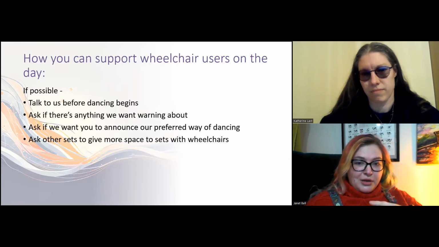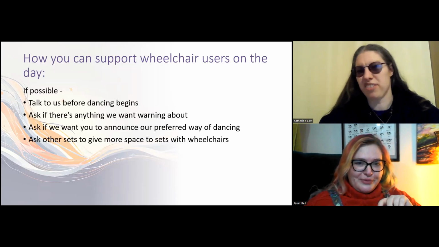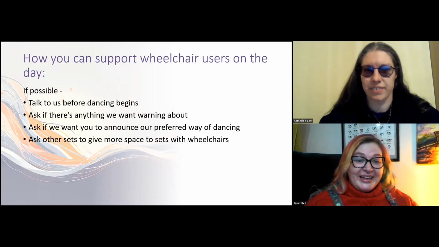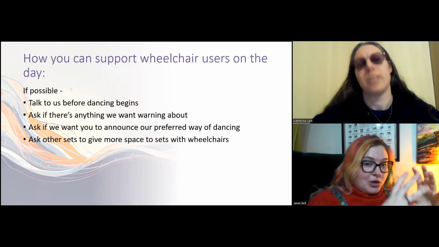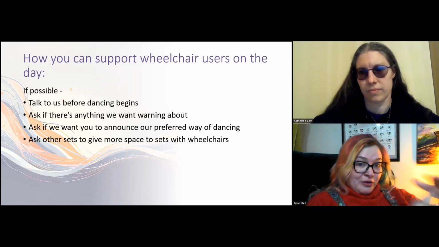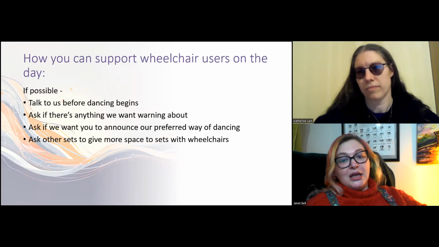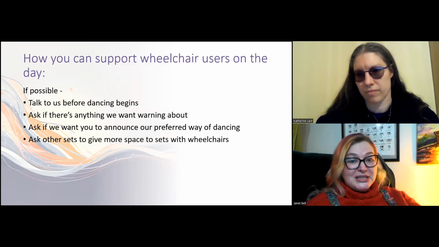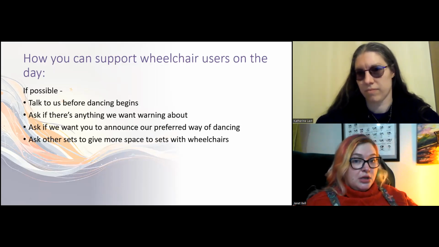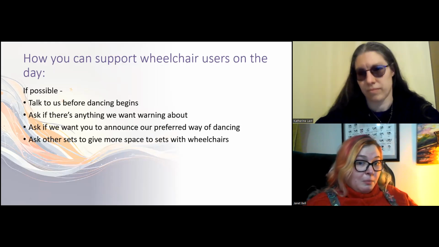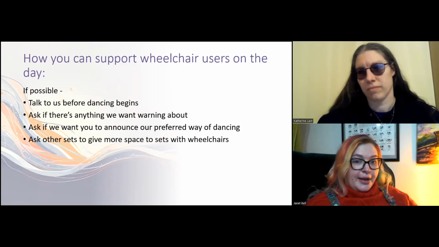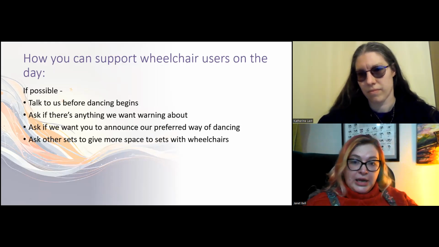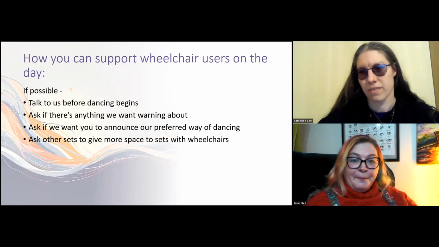So I know I've color coded this as UCAT, but you already mentioned some of it. If you're able to talk to us before the dancing begins, that could be at the single point of contact access email, or it could be you're at a ceilidh, you've seen that there's a wheelchair user. If a caller just comes over to me and says, "Hi, is there anything you want me to warn you about?" Because I absolutely can't do ladies' chains, cannot do that. Then yeah, some of you have called for ceilidhs where you've done that and been like, "Yeah, Janet, you don't want to do this one."